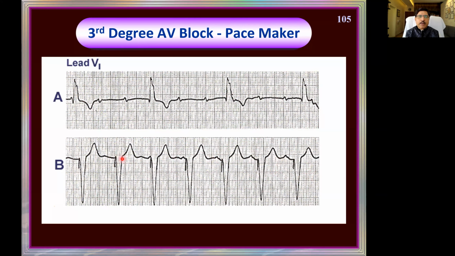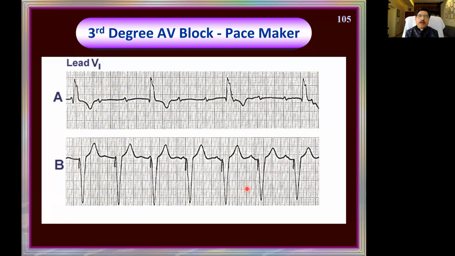So we are not too much worried about whether the P waves are regular or not, because atrial contraction is secondary. Passive transfer of blood is the primary through the AV valves. Ventricular contraction is important. So we need to put a pacer at the end of the AV node or in the bundle, and this is how it looks like. The same person before pacing and after pacing.